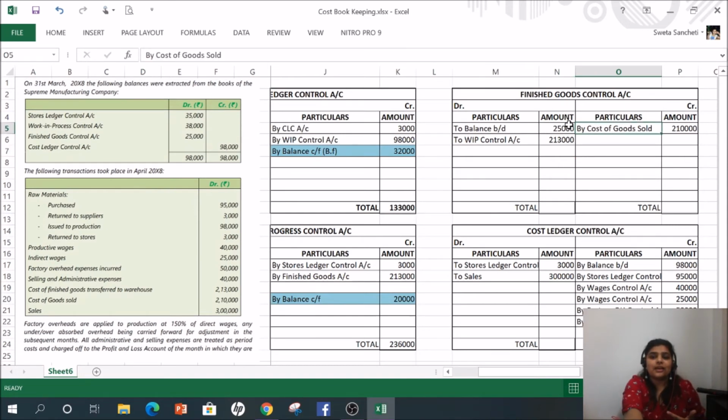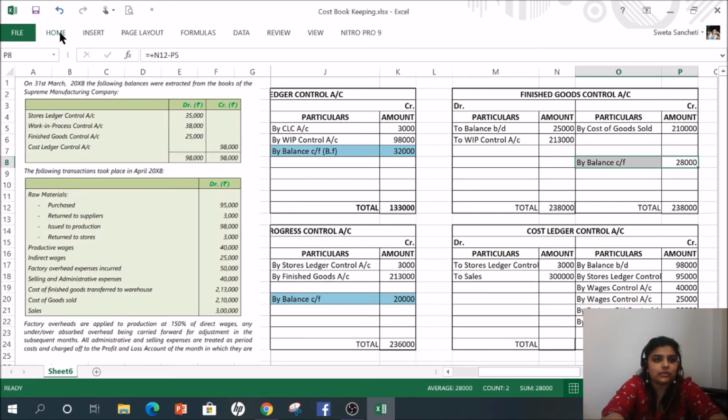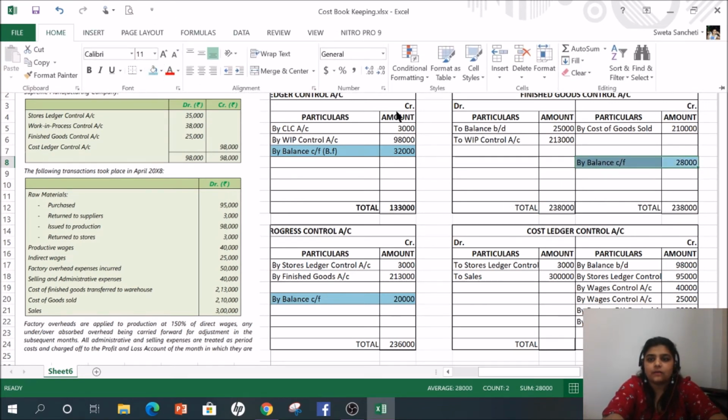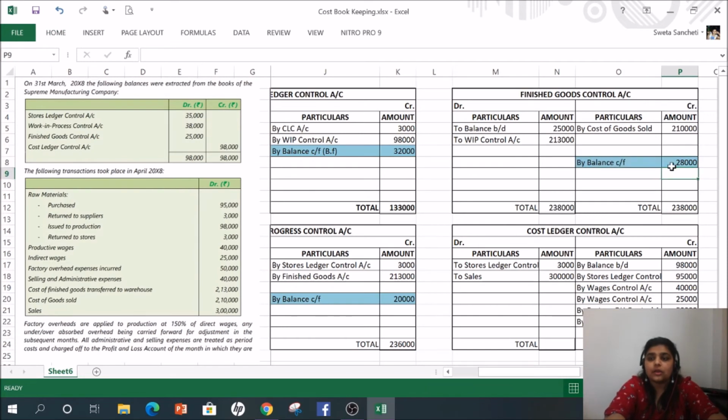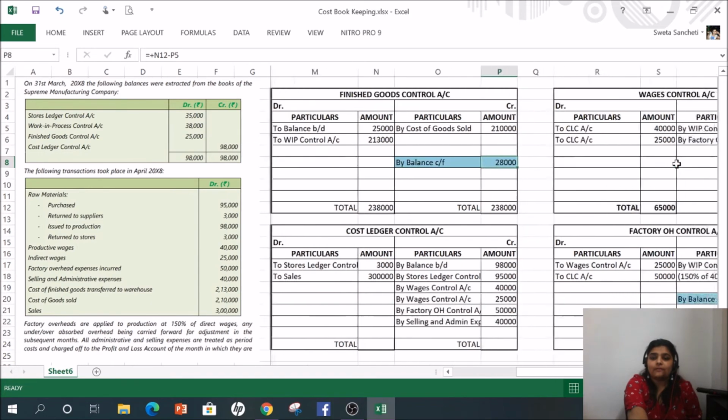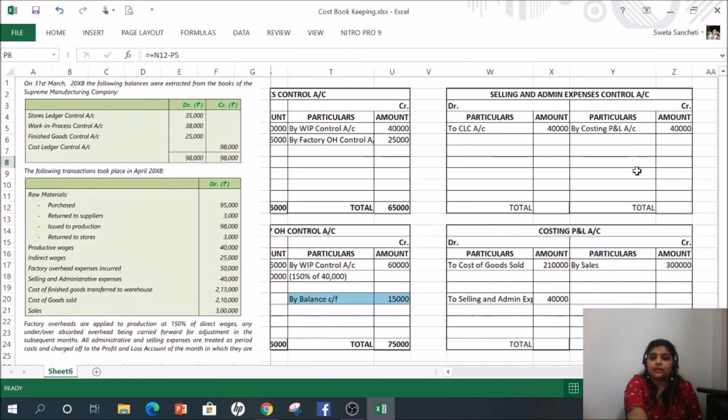Cost of goods sold is there, opening is there. What is missing? The closing figure is missing. So by balance carry forward, that is equal to 2,38,000 minus 2,10,000, that is 28,000. This is my finished goods control account. Now what did I get? I have got my cost of goods sold. Cost of goods sold have gone and hit my